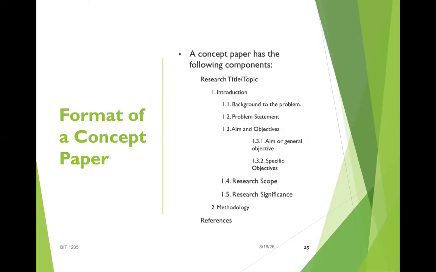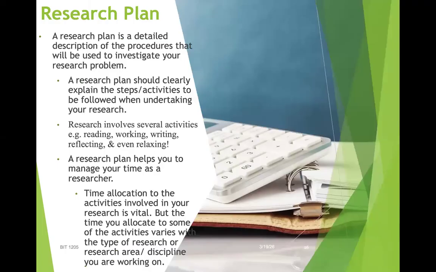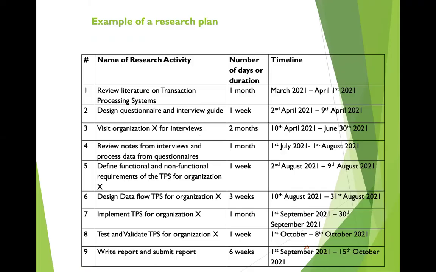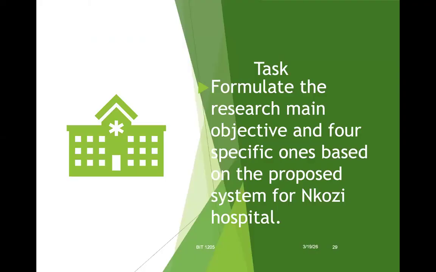And then we go to the research scope, the significance, the methodology, and we end this with references. We have the research plan, then the steps in designing the research plan, as well as an example of a research plan. And that marks the end of our